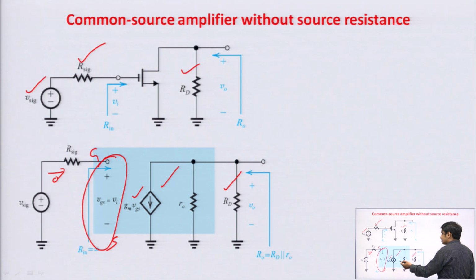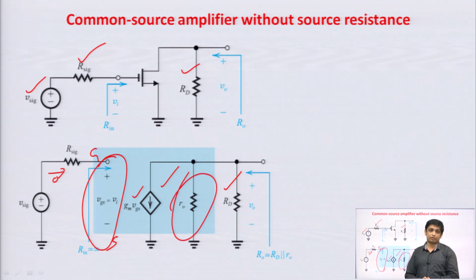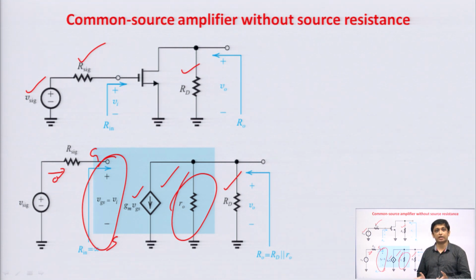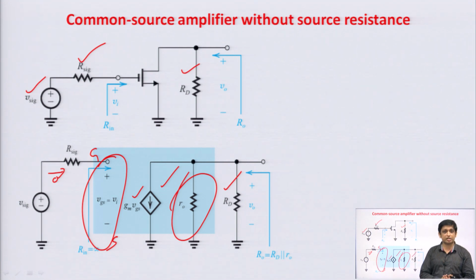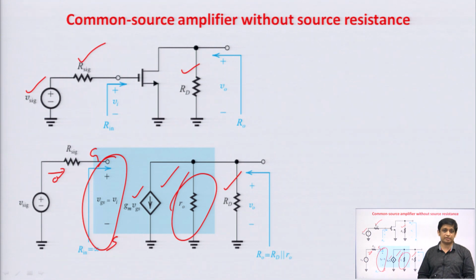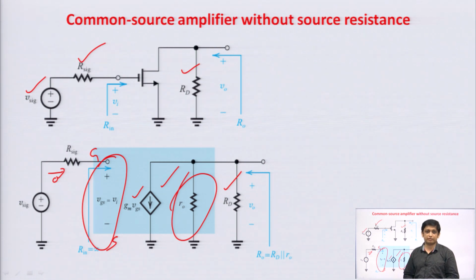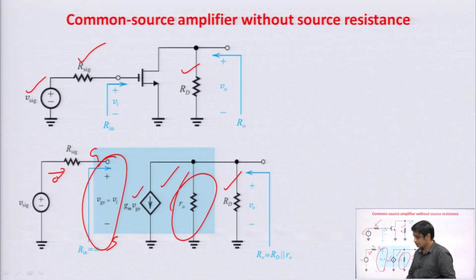RD is the drain resistance. The story of R naught, I have already cleared it. R naught, we connect it or we do not connect it, we have that option, but only in discrete circuits. Fine. When we consider the channel length modulation effect, then we connect this R naught. When we connect this R naught in our analysis, then we get more accurate results. And this R naught is just in parallel with RD.